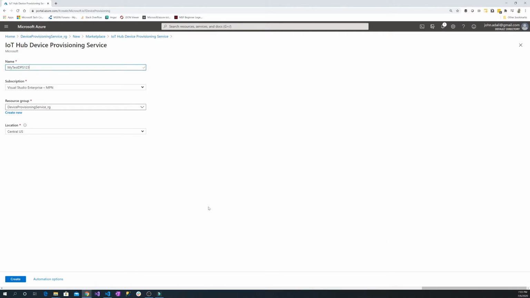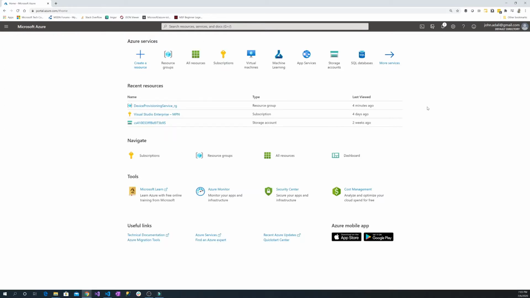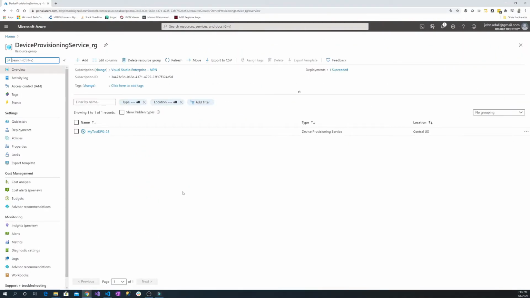I'll give it a name, a subscription. It automatically puts it in the resource group I'm in, and then a location, which also defaults to Central, which is what my resource group is in. Click Create to create it, and it will validate and create the resource. Once it's created, we can go back into our resource group, and you can see now that our Device Provisioning